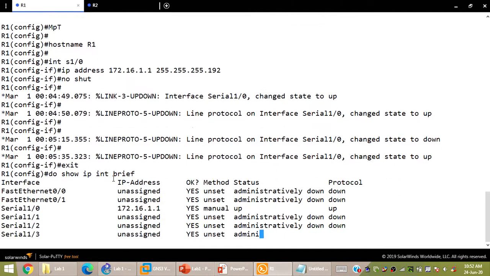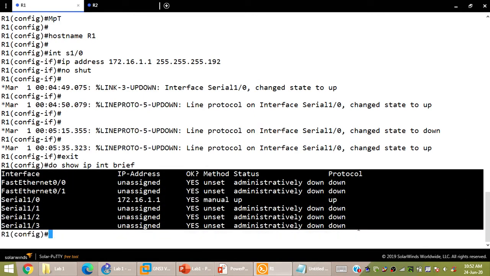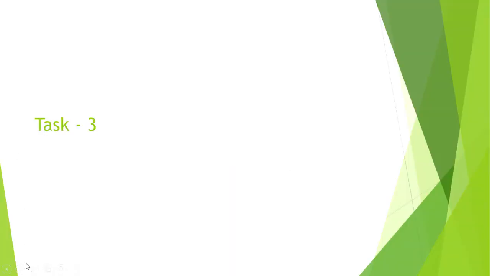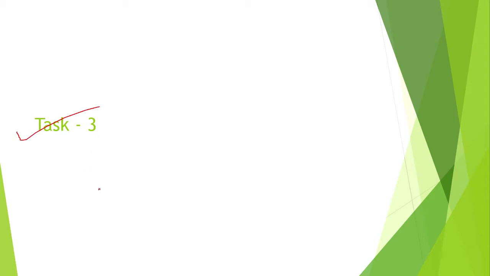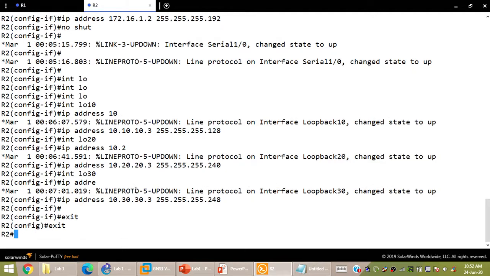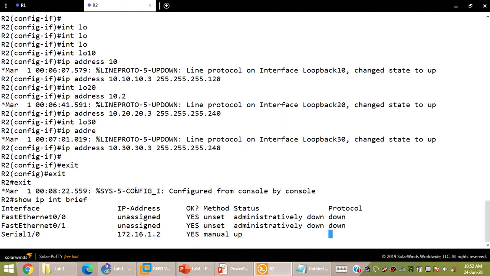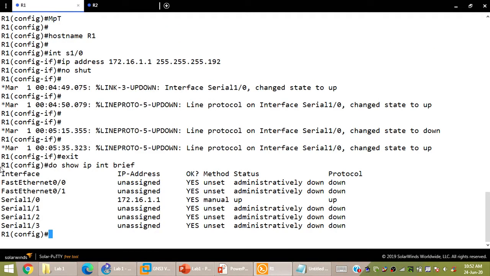So let me show it to you with task 3. Fine, so this is do show IP interface brief, and it shows R1 has all the interfaces that we have connected. Fine, so that was task 3 that I have performed in router 1, and in router 2 it's pretty much easy. I'm just going into enable mode and typing show IP interface brief, and yes, you can see the entire output with whatever we have configured.